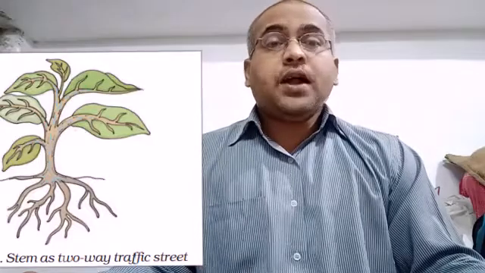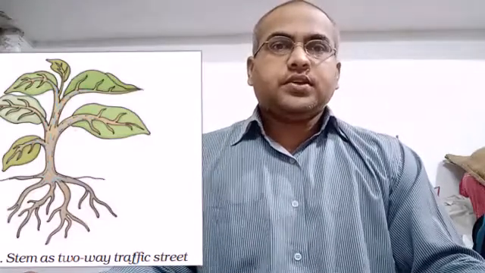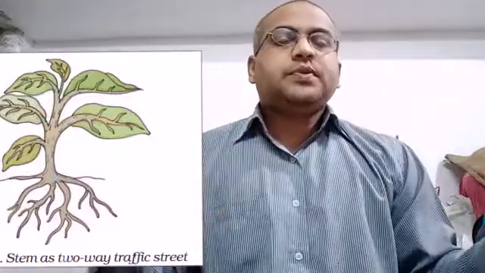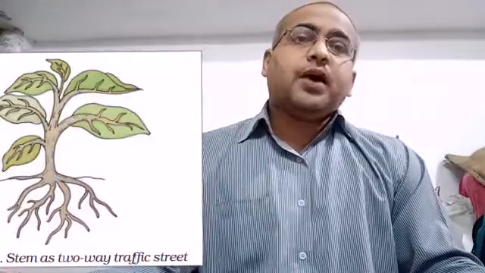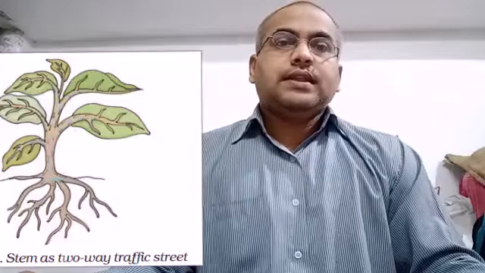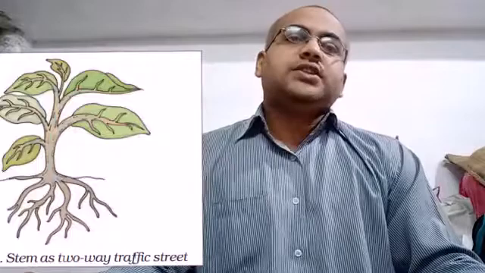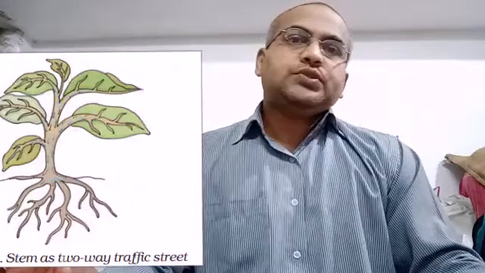Then it helps the plant to stand erect and absorb the sunlight, and the process of photosynthesis takes place in the leaves, and then the prepared food is transferred into different parts of the plant by the stem. Then we discussed that there are some modifications in the root, that roots perform these functions, and there are types of roots.